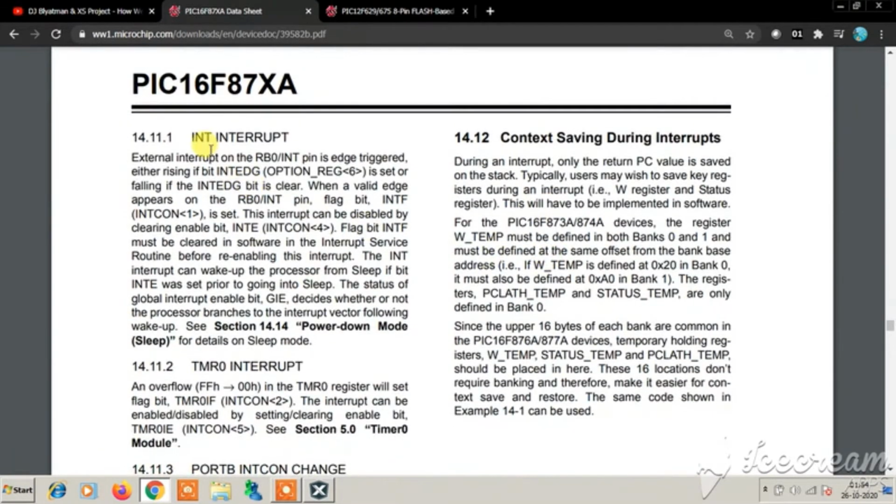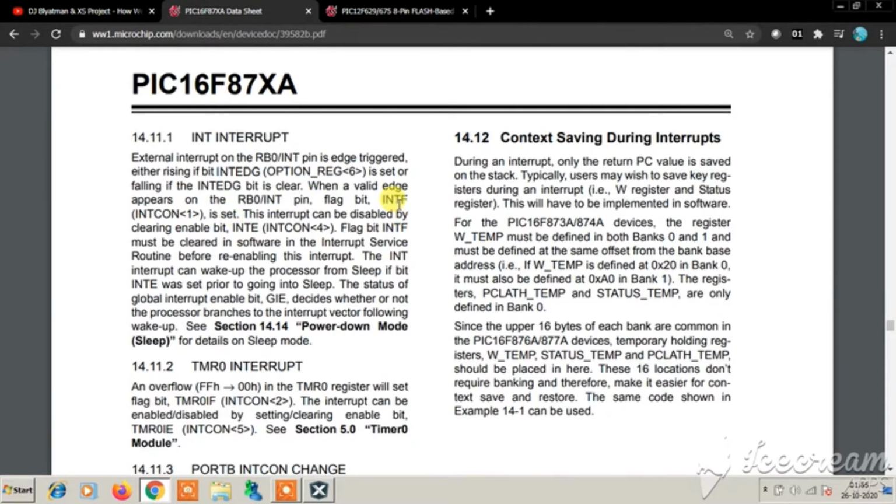If you now move on below, you can see the external interrupt on the RB0 INT pin is edge triggered. The INT pin RB0 is edge triggered, either rising or falling, which can be set by the INTEDG bit. So the INTEDG bit needs to be set or cleared to make it either rising or falling. When a valid edge appears on the RB0, the INTF is set.